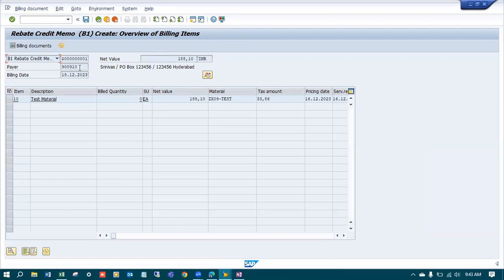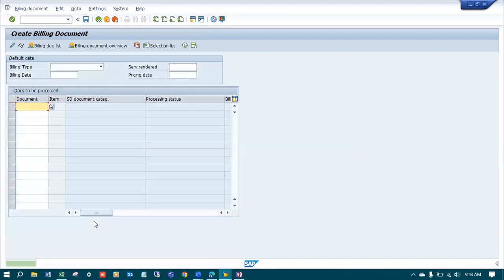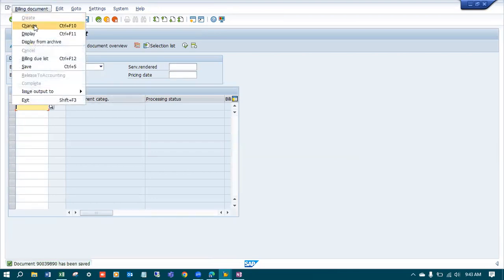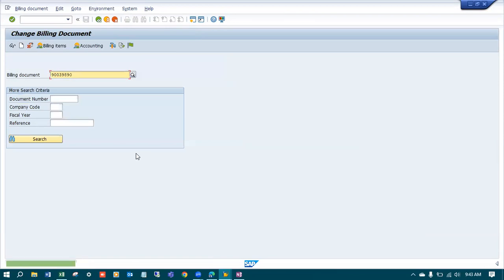For this customer, Srinivas, we are giving an amount of 188 rupees. Either we can give a credit memo or we can give him any other amount. Save it. Release to accounting. Change mode. Okay. In these steps which we have executed so far,